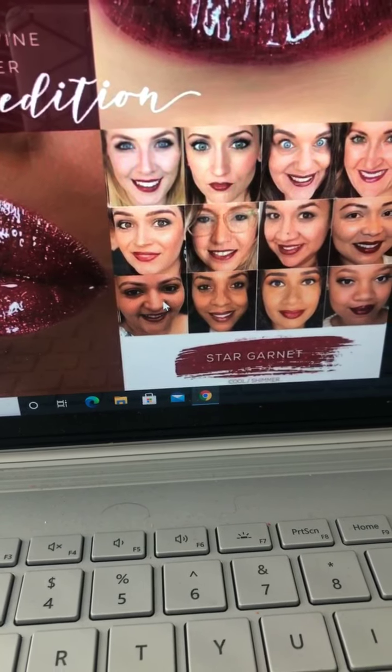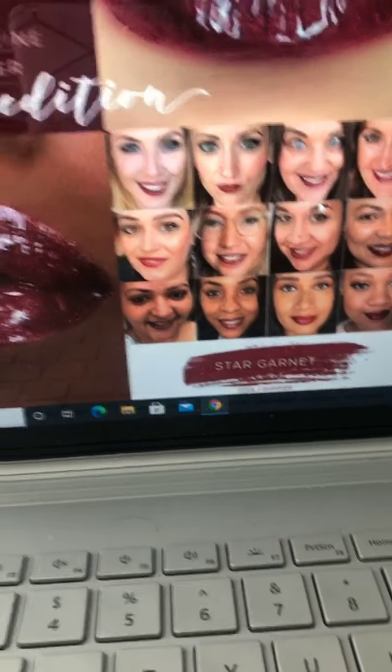I know these pictures are no more, as the person who used to make these colors doesn't make them anymore, so we really miss that too. But the looks and swatches, all those things will give you an idea of how the color is going to look on you. And you can always see the picture of me, that way you can understand whether it will show up on your skin tone or not.